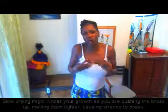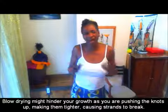Your hair knots up. But actually, if you try to keep your hair hydrated and keep it twisted in and tucked in during the night time, and you have your spritz bottle, you should still have growth if you work from wet. So even if you blow,